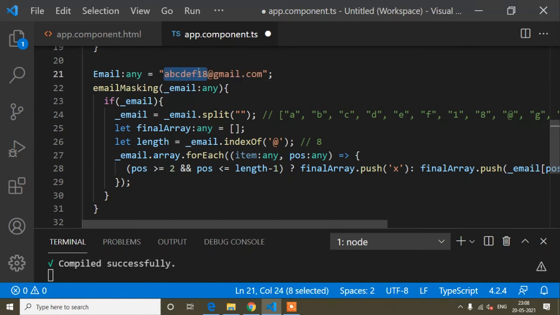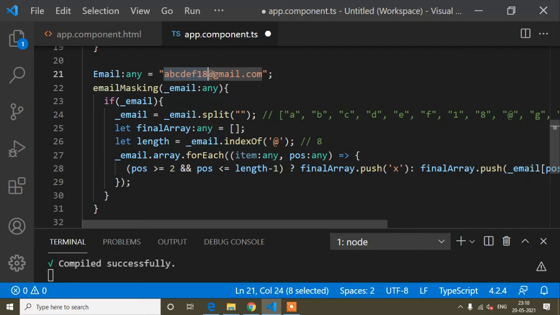When the position is greater than 0, you can see 0 1 2 3 4 before the @, it is greater than 0 position. So I have written that position must be greater than 0, and position must be less than length minus 1. Length means the length variable where I stored email.indexOf('@'). So the @ is after number 8, because 0 1 2 3 4 5 6, if I start from here, it becomes 8.